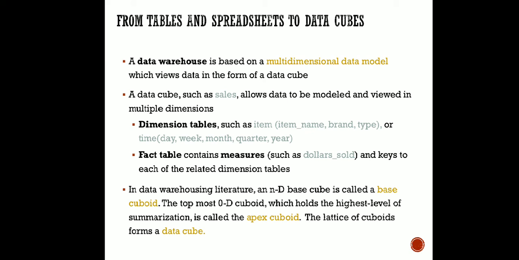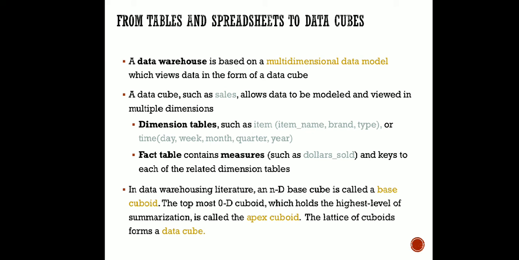What will the fact table do? Ultimately it is going to store the keys of the different dimension tables available. Say one of my dimension tables is item, and for now just assume item name is the key of that table. I'm not going into the details of whether item name can be a key or not.